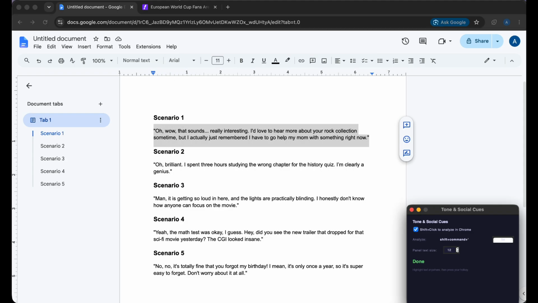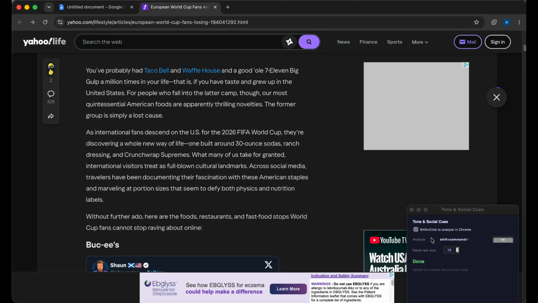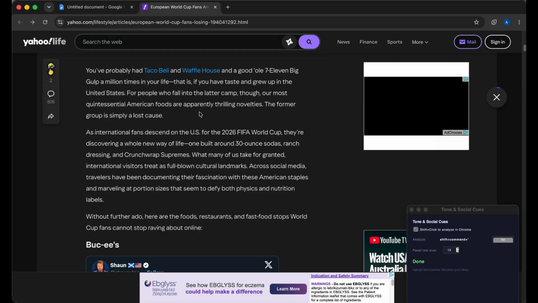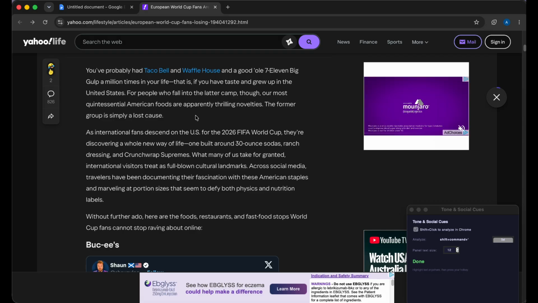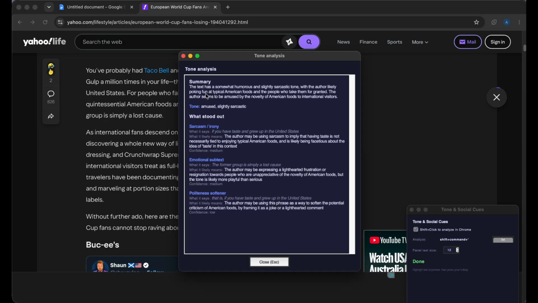If you're using Google Chrome, you can also use a quicker version, which is a shift-click shortcut, which instead of having to highlight the text, it'll just automatically select the paragraph on the screen and again provide a tone analysis